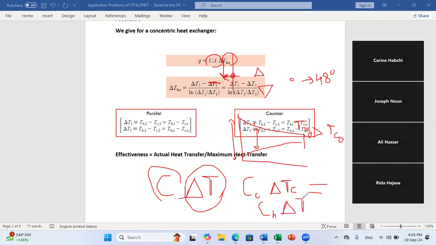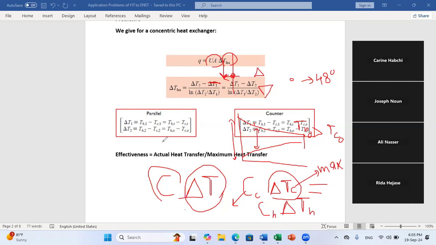So this is our condition of energy conservation. The fluid that will experience the highest delta T, so delta T is maximum, is the fluid that is characterized by the smallest heat capacity, big C. First, we can ask what is the maximum possible